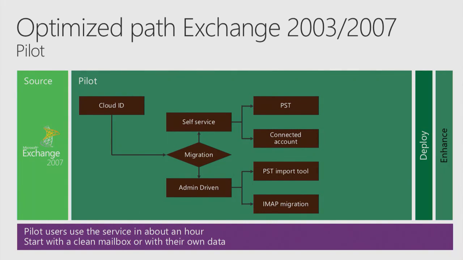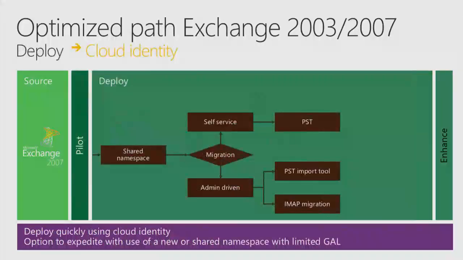When you go from a pilot, which basically stops here from a mail perspective, and move to deploy, you then have a couple other different ways to go about it. You start with a shared namespace, which is yourcompany.com, getting that verified in the cloud, which is really easy to do with a TXT or CNAME record, but it's always a kind of barrier for our customers to get through. You start with a shared namespace, and that's why we're in deploy.